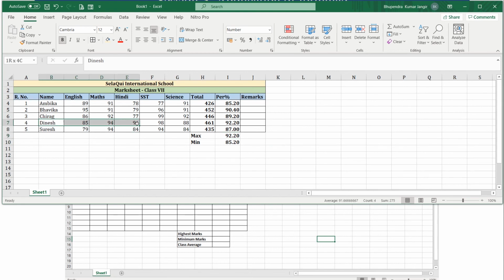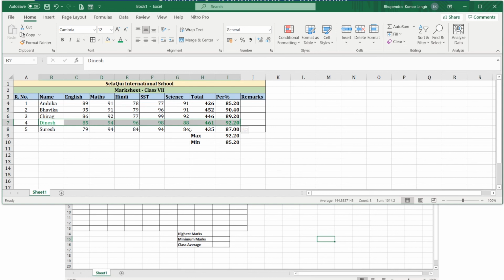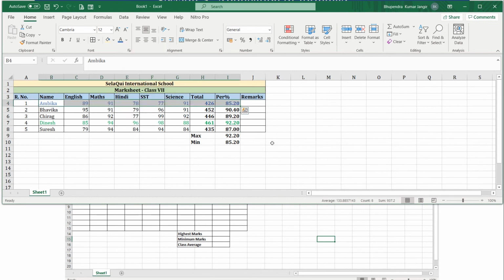So I can highlight him with a color, let's say green. And who is having the minimum? So 85.20, that is Ambika. So Ambika we can mark with blue. Okay. So like this we can produce our result.